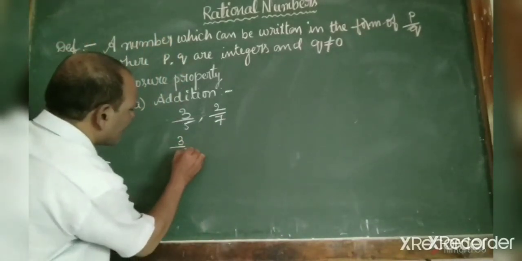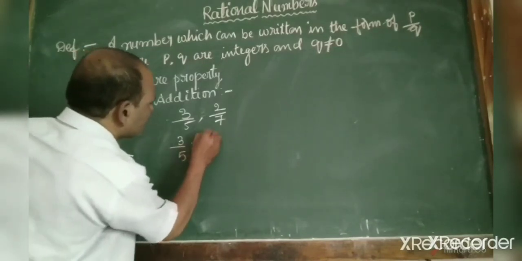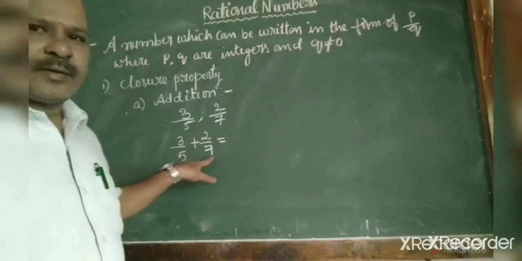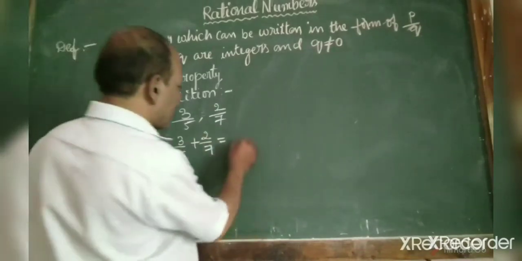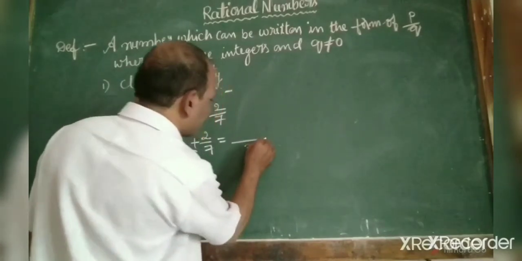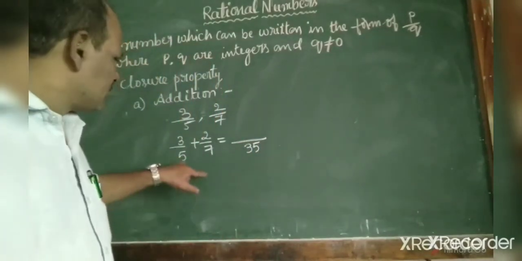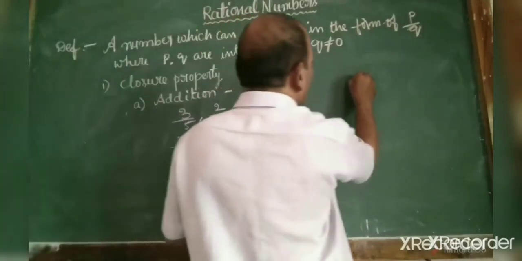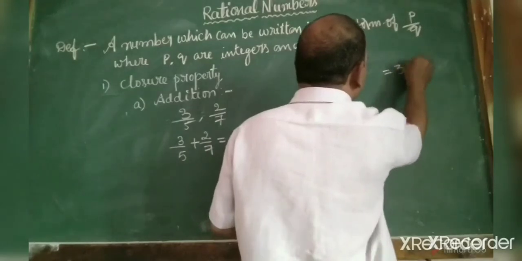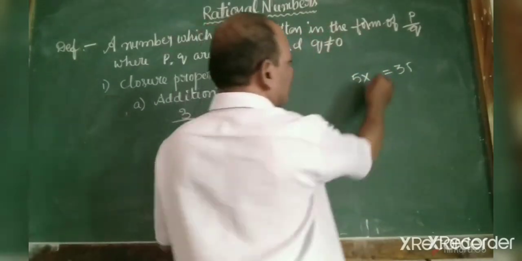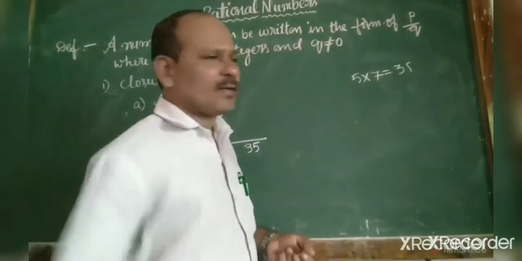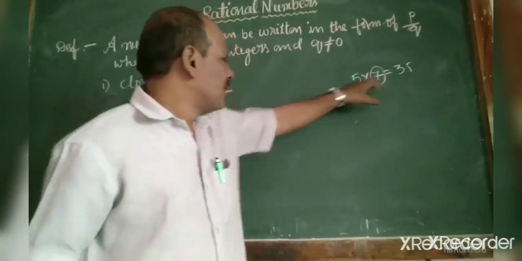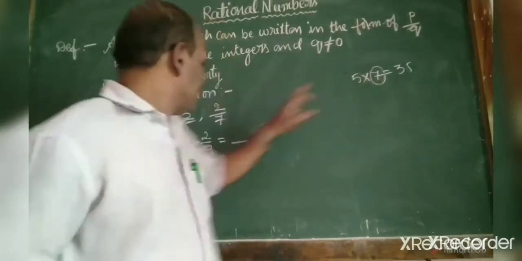3 by 5 plus 2 by 7 is equal to, LCM of this 5 and 7 is 35. See here, 5, how many times in 35? 5 into 7 is 35. This 7 times it is in 35. So that 7 and this numerator 3, 7 threes